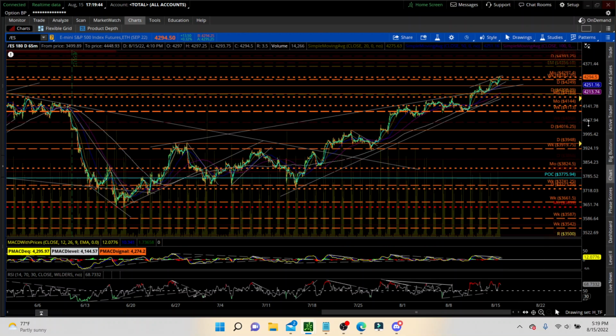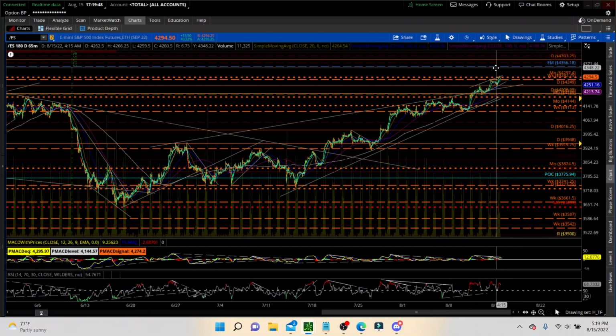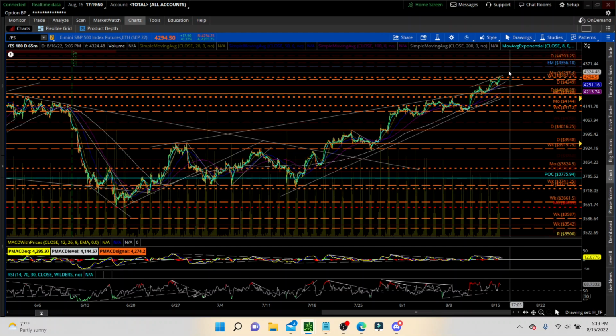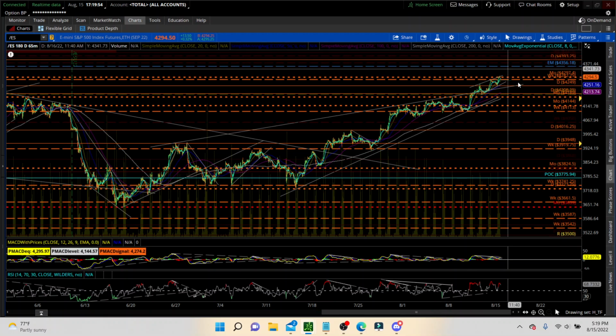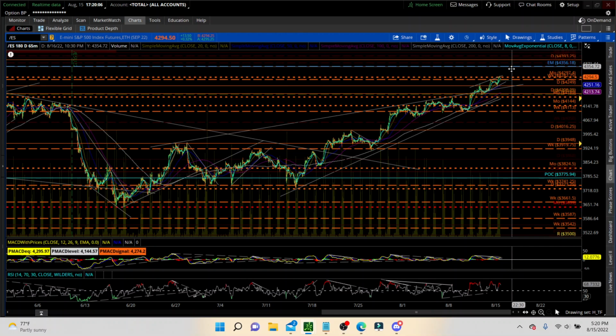And with that confluence, also is the options expected move. So that's another area that we can come into. The options expected move could be there. We could tap it and head back down. We could come short of it a little bit and head back down. So we're going to start on this next move up. Maybe we come down a little bit and test trend lines, but this next move to the upside,